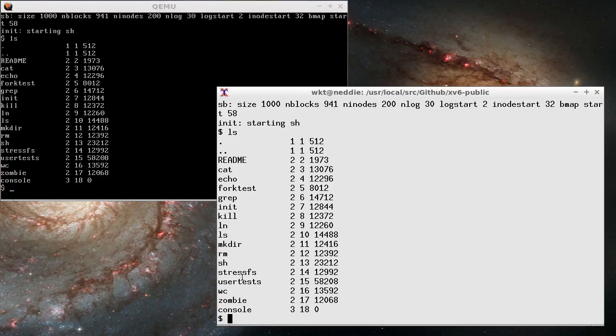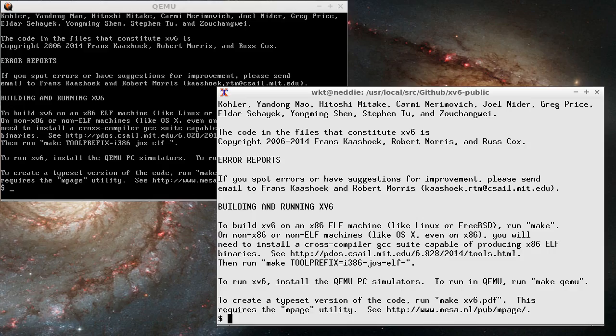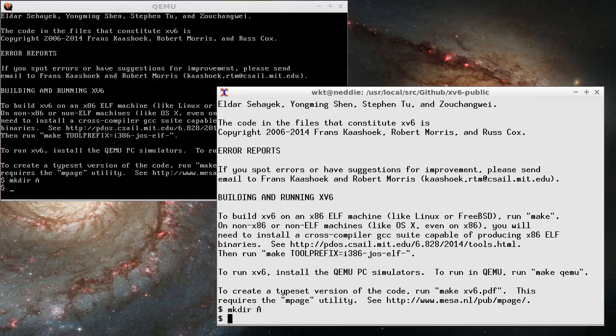There's not an awful lot in terms of what you can do with the runtime. While the kernel is really nice and small so that you can understand it, from my perspective the runtime was a little bit too cut down. In particular, when I first launched make QEMU, I went, where's the VI editor? How can I actually make some files and do things? All I can do really is have a look at the contents of the README file. I can probably make a directory. I can probably cat the README file